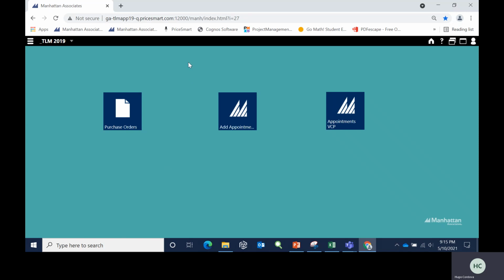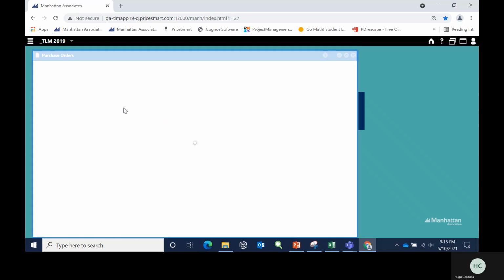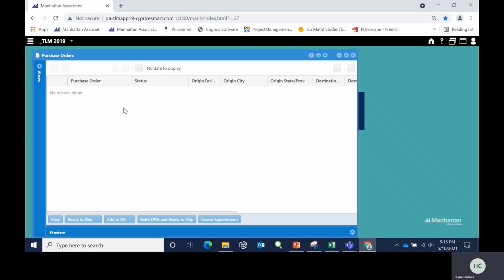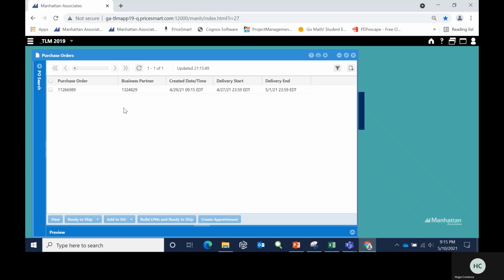Now that we're inside the application, I'm going to double click at this purchase orders tab. I'm going to click here, this little arrow,